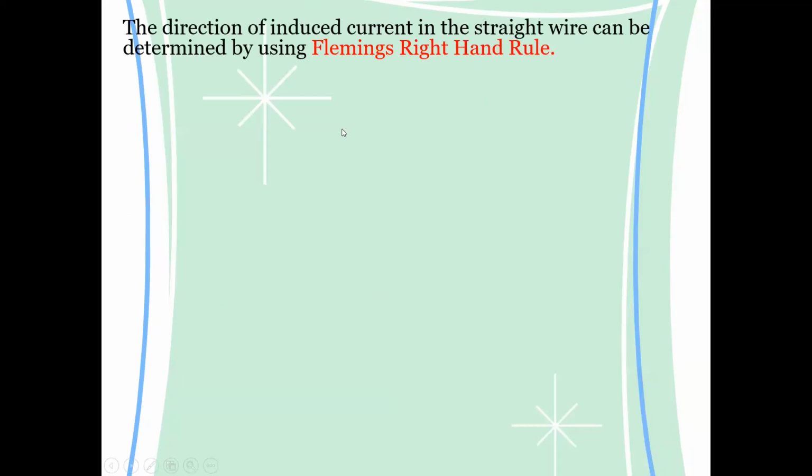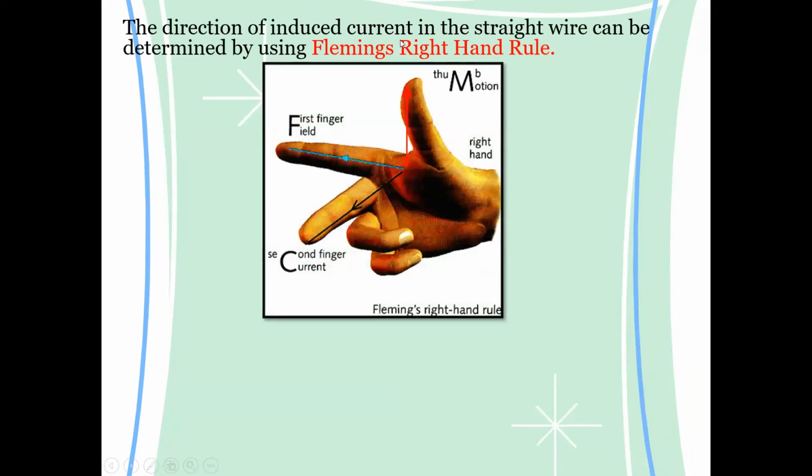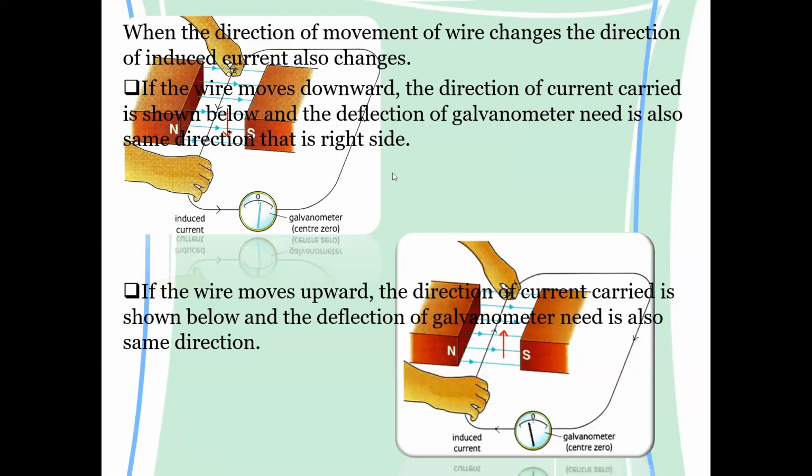How to find the direction of the current? For this, we can use Fleming's right hand rule. What is Fleming's right hand rule? According to Fleming's right hand rule, you will use your right hand. Your first finger, the index finger, represents the magnetic field. Your second finger represents the direction of the current, and the thumb shows the motion of the wire, which direction the wire is moving. So for example, if I apply Fleming's right hand rule here in this figure,